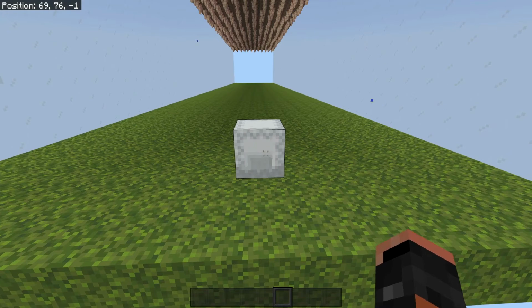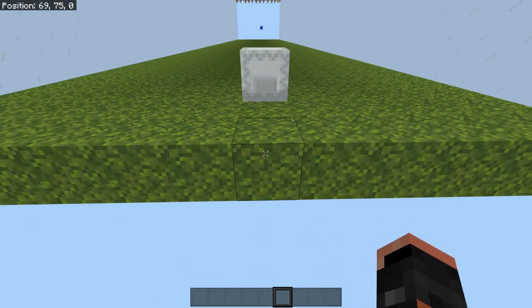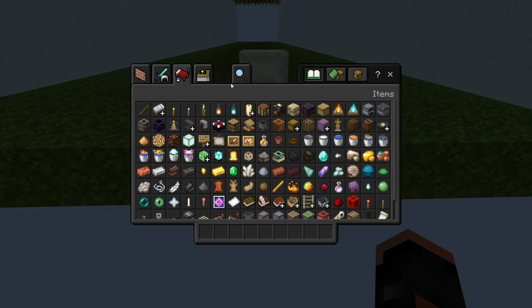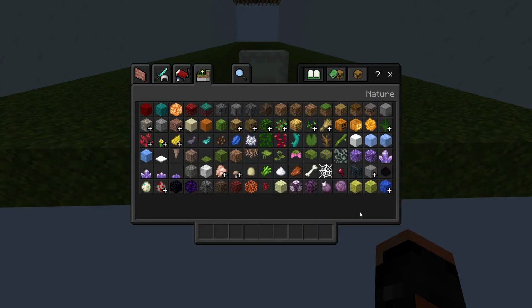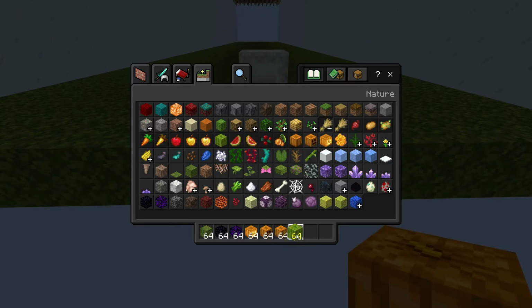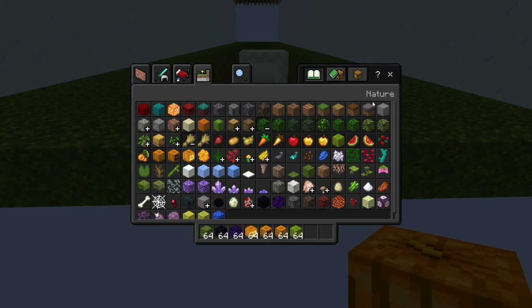Before we actually take a look at what's inside the shulker box, let me explain why I'm using moss. Let's just open up the creative inventory real fast. Now, certain blocks can be used because they are non-sticky. We have moss, we have obsidian, crying obsidian, jack-o'-lanterns, carved pumpkins, regular pumpkins, melons, leaves,